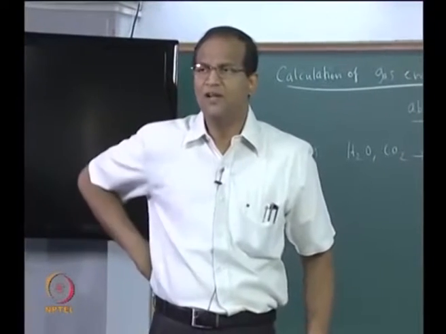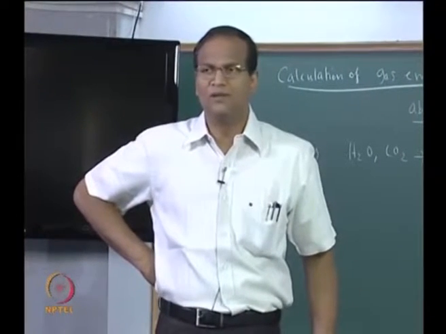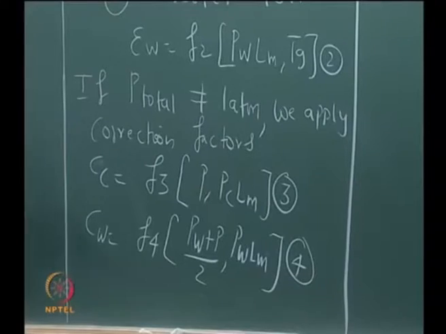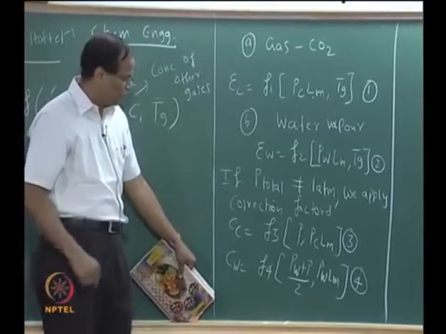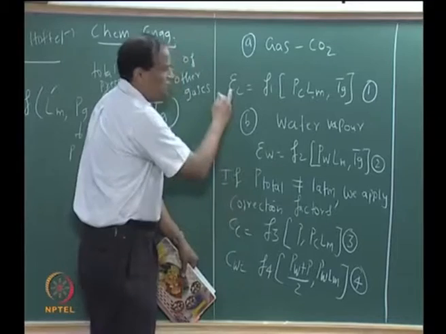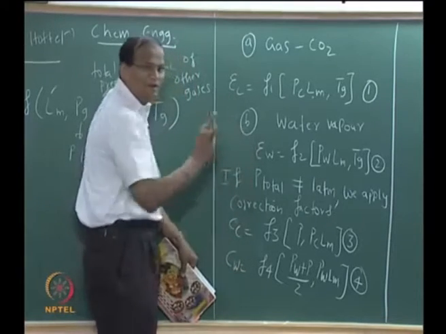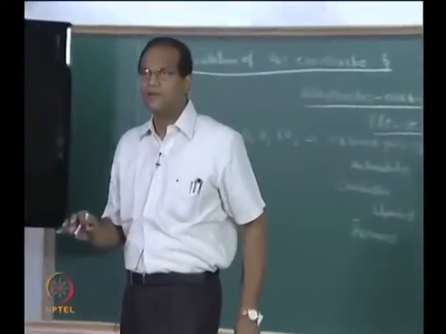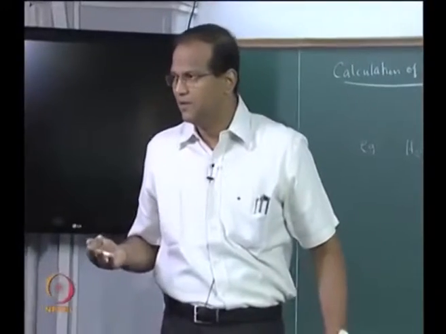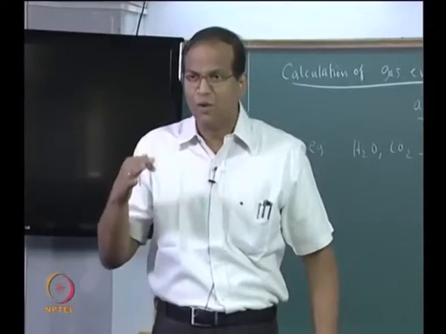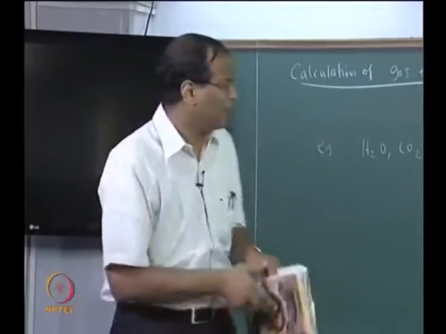For example, watch this carefully. If you want to get the total emissivity, you may be inclined to believe that it will be epsilon of C plus epsilon of W, right. Now this should be valid for 1 atmosphere. For pressure other than 1 atmosphere, you would like to believe that it will be Cc into epsilon C plus Cw into epsilon W, correct. But sometimes the sum of these two will exceed 1, and that will be a startling answer, because you can't get an emissivity more than 1. That is because you have not taken care of the overlap. There is an overlap band which has to be subtracted, so we have to take care of the overlap.